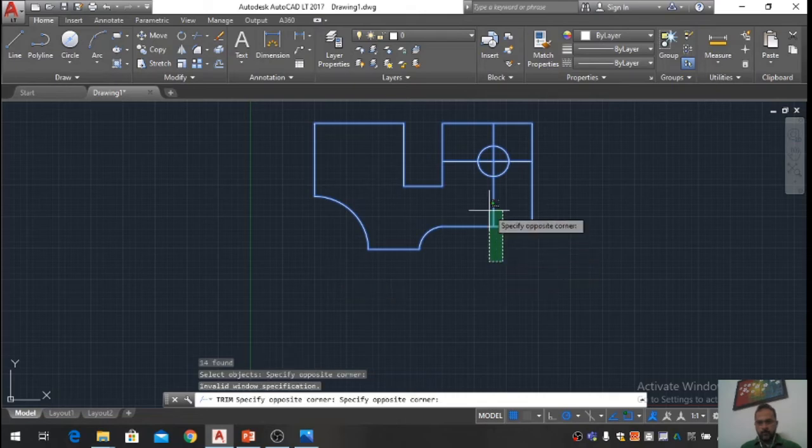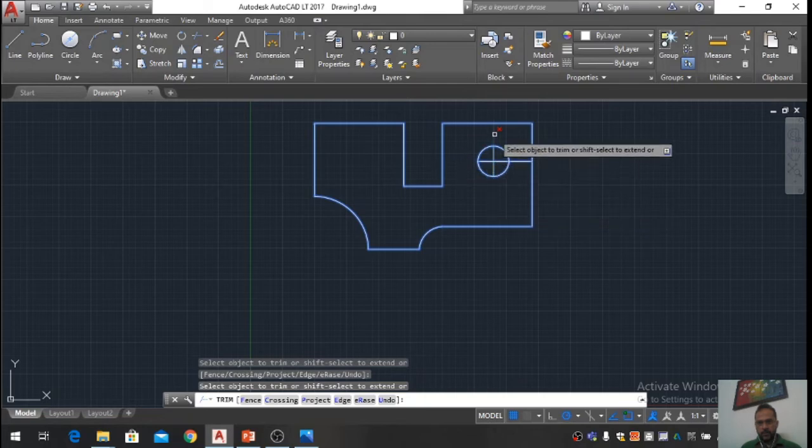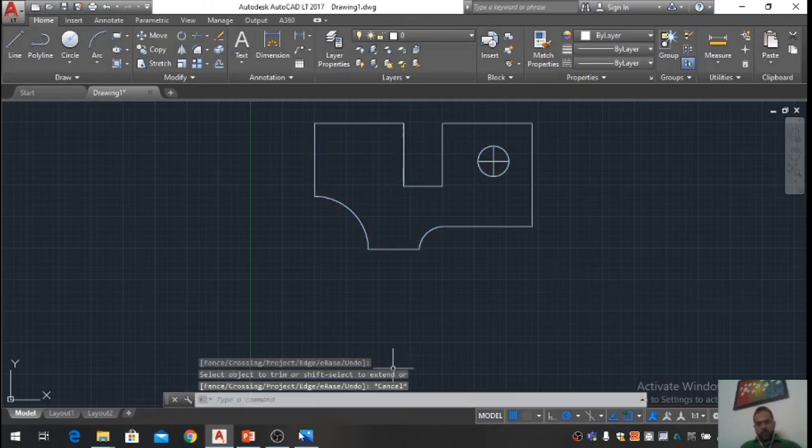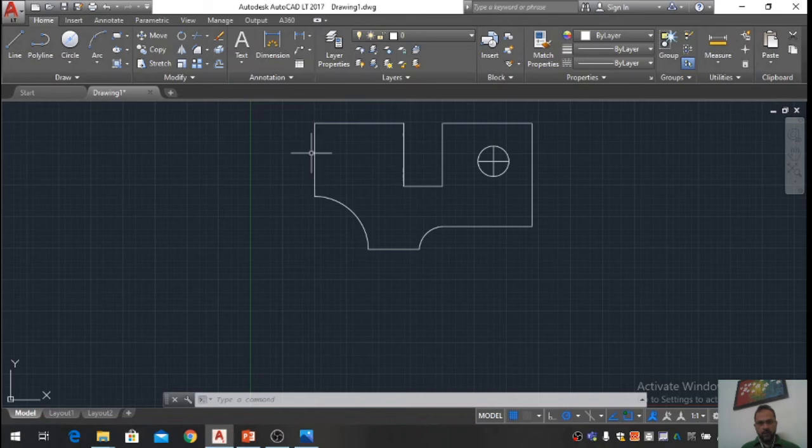So this is not required, this is not required, this is not required, and this is not required. So we have drawn the upper part of the figure. One thing is remaining, we have to fillet it, we have to curve these corners. For that we will choose fillet. It is again in the modify command, or you can just write it in the command line, fillet, enter. And for fillet we have radius, so we will type R here, R for radius.